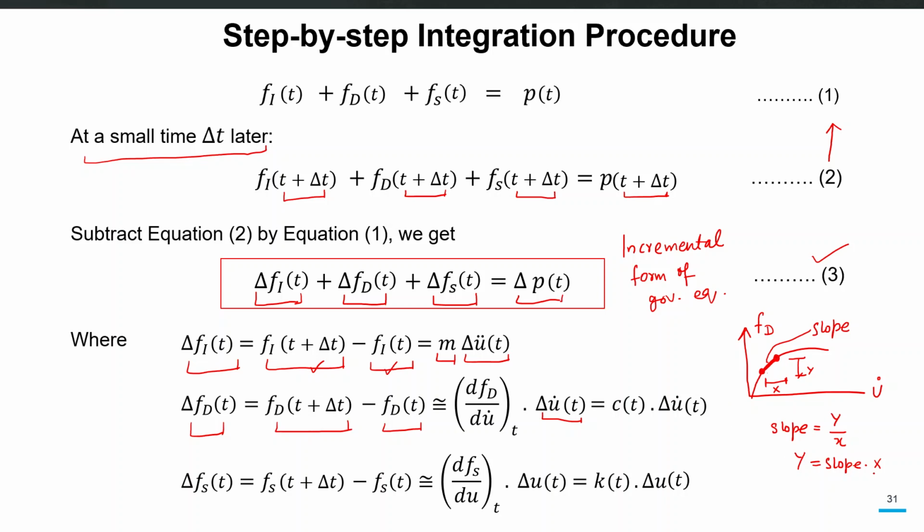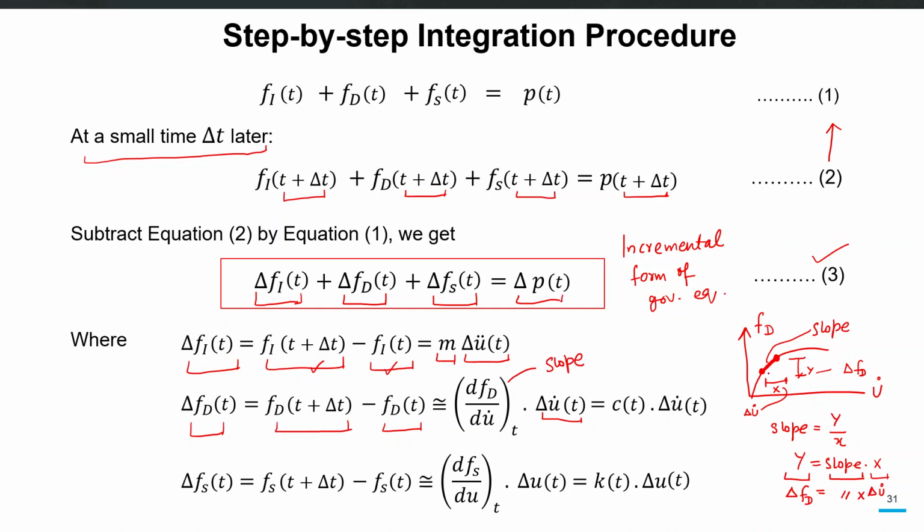So the change in the damping force is equal to the slope between one instance and another instance multiplied with the horizontal function, which is x, and basically that x is the change in velocity in this case. So this x is equal to delta u dot and y is equal to delta fd. So delta fd is equal to slope multiplied by delta u dot. So here we have seen that this is the slope